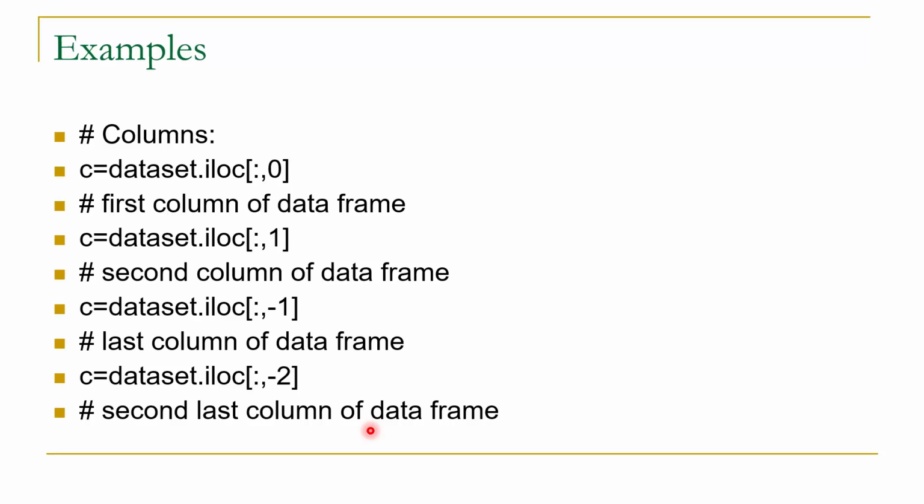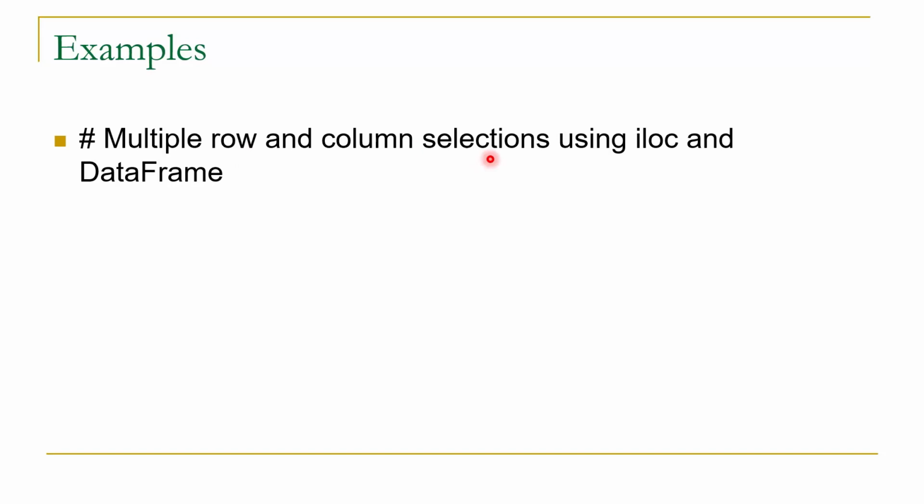specifying an integer number. We can specify multiple rows and columns in iloc, and in this we have a range operator. So here, dataset.iloc[0:5]. Here we are only specifying the values of rows. So we will select the range of rows starting from index 0 to index 5. This index 5 is excluded. The upper range is excluded. It will select the rows with index 0, 1, 2, 3 and 4.